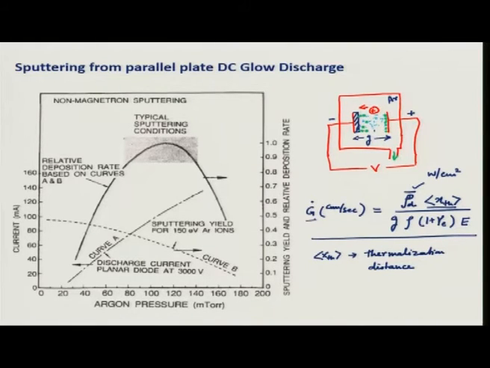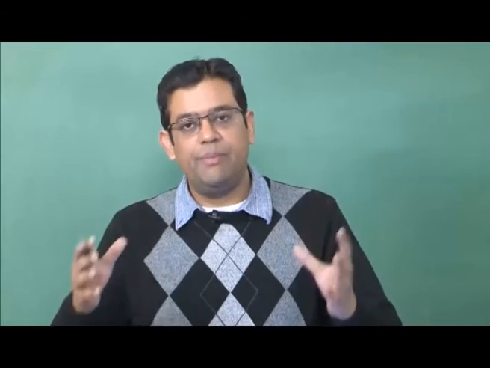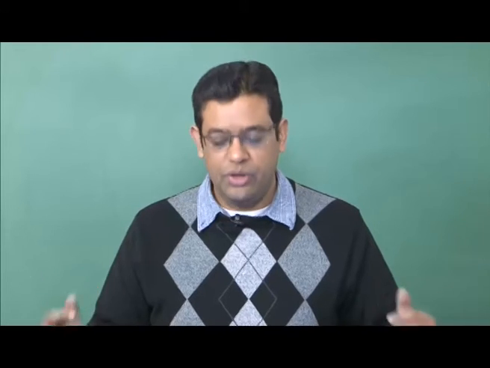It is very easily understood, because if the power density of the plasma is higher, more ions are present to bombard the target, resulting in more sputtering. If this thermalization distance is higher, then more of the sputtered atoms will reach the substrate and result in thin film deposition, rather than being lost to the walls of the chamber or any other direction. So if this parameter is large, then you will get a higher deposition rate.